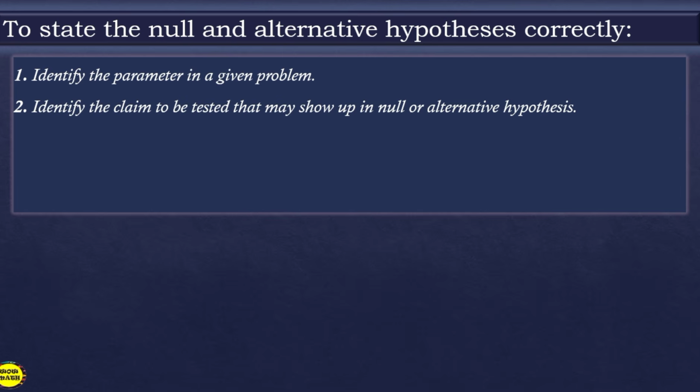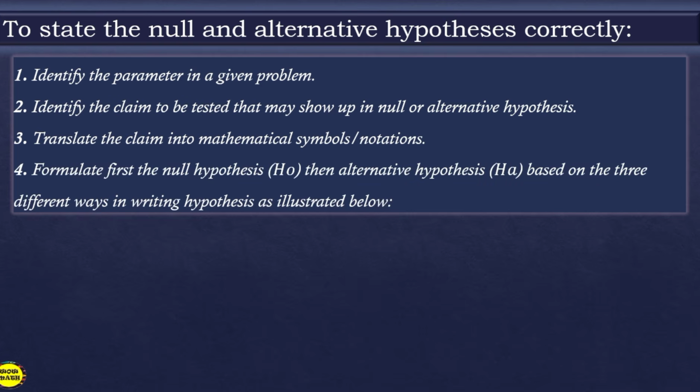Then, identify the claim to be tested that may show up in null or alternative hypothesis. And number 3, translate the claim into a mathematical symbol and notations. And last, formulate first the null hypothesis, then alternative hypothesis based on the 3 different ways in writing hypothesis